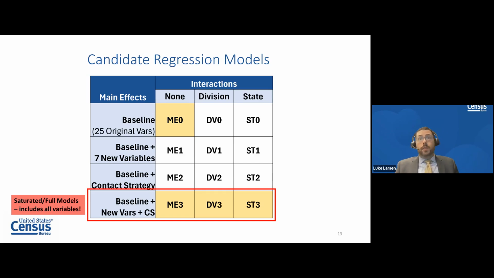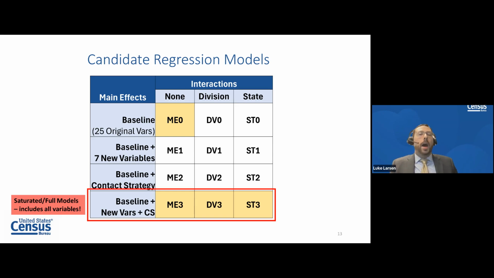So from those 3 flavors of candidate variables, we've constructed a total of 12 model structures that we ultimately considered for this analysis, and we did this at the tract and at the block group levels. Now today I'm only talking about the tract, but I can just give you a preview now. The block group results are very similar to what we see with the tract. So focusing just on tract, we were able to construct these 12 types of constructions where we have, going from upper left corner, our baseline model is we don't change anything except for those global modifications that I talked about